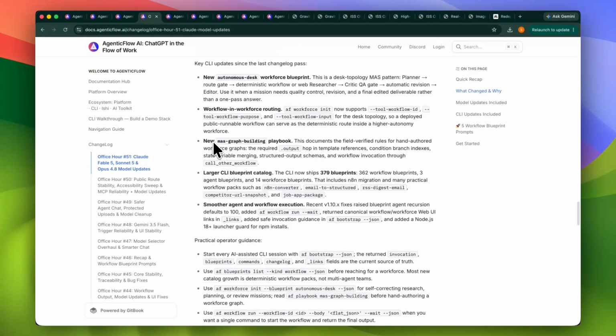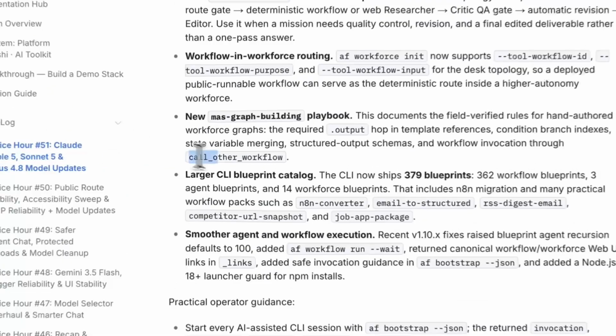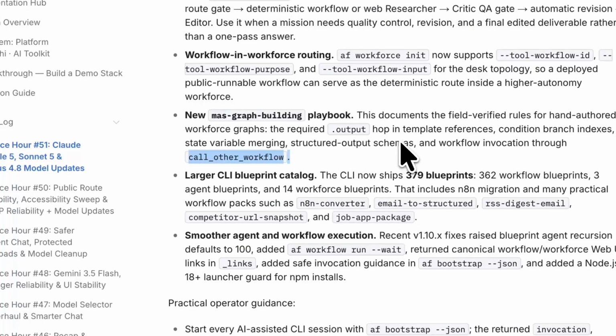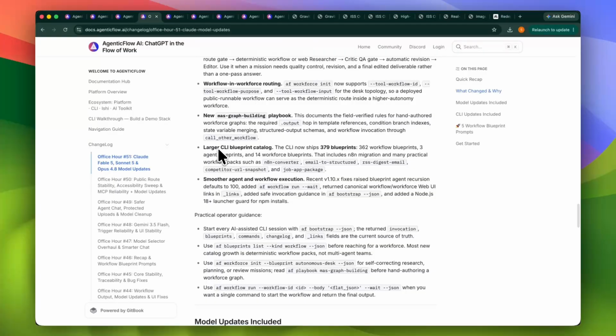We're also introducing a new MAS graph building playbook. This one is going to have some rules for automated workforce graphs. It will require output hub, and we use a special tool like call other workflow in order to trigger other workflow. And the bigger one, I think, in this release is we are releasing